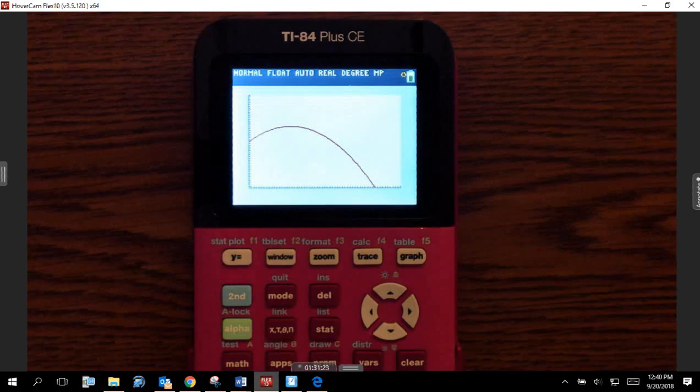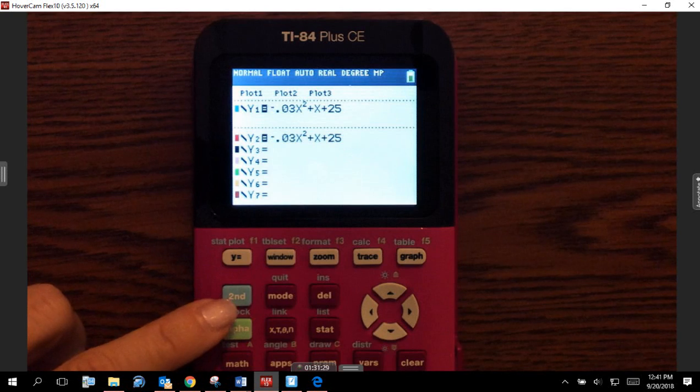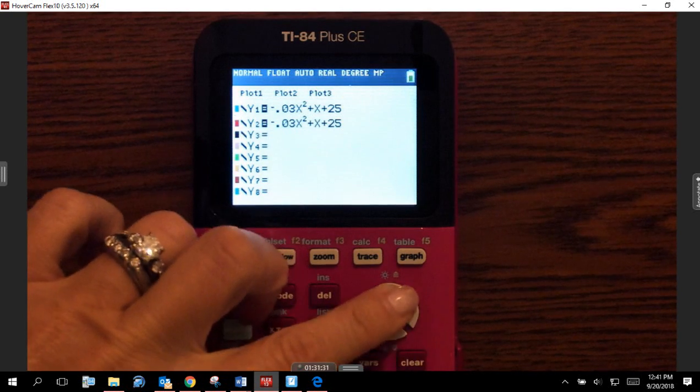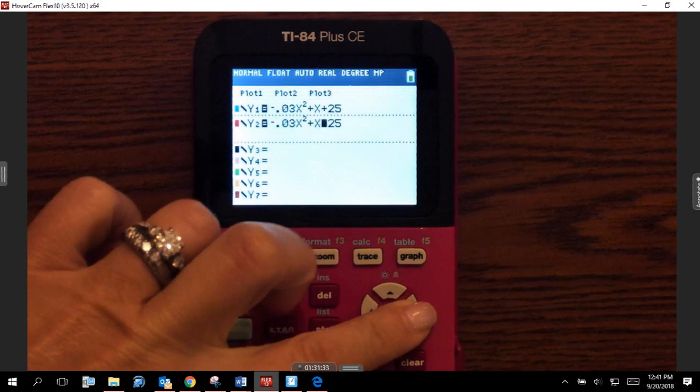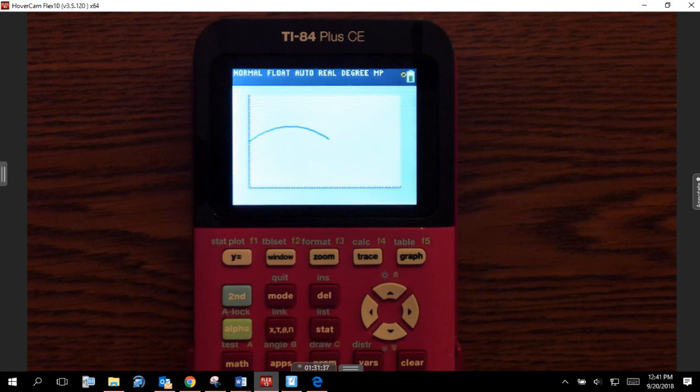Oh, look. Now it does look to me that it's hitting at 60,